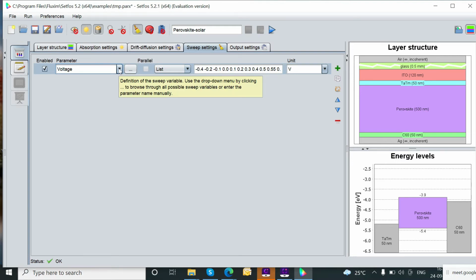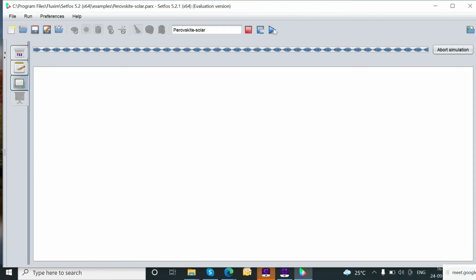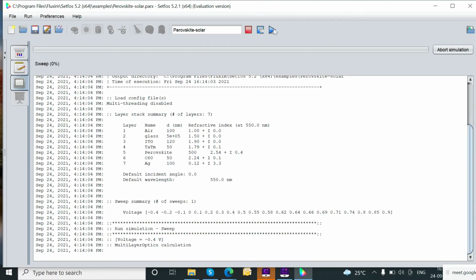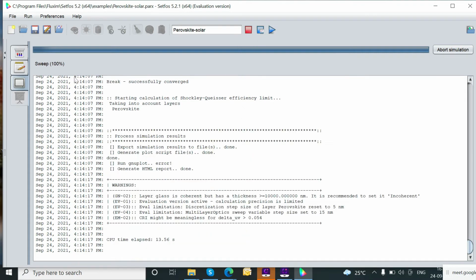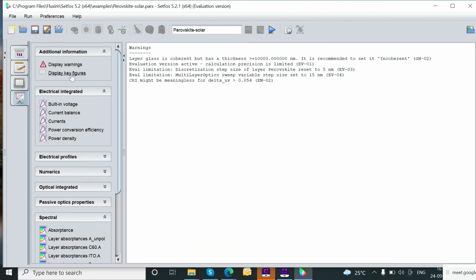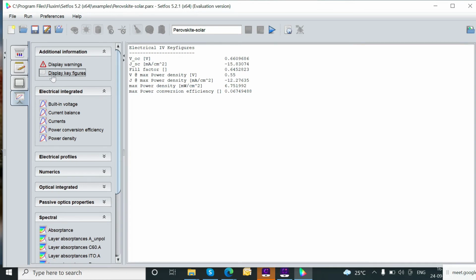Now you can go to the output setting and generate the HTML report. If you would like to plot the contour plot, then you can enable it, and you can also check the contour plot. Now I can give the name of this project, that is called perovskite solar cell. So I have given this name of my project. We would like to check the script. This is the script behind that. So I will click in there, and now I would like to run the calculations.